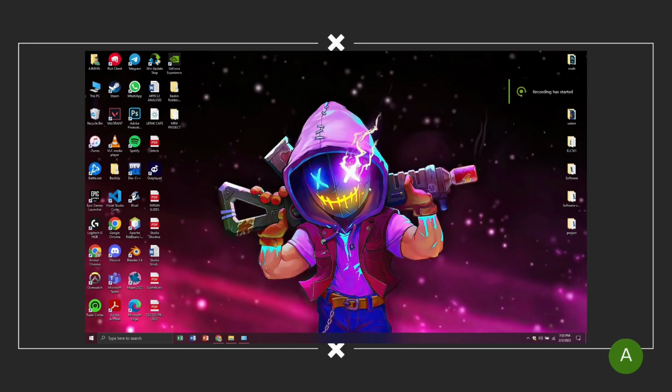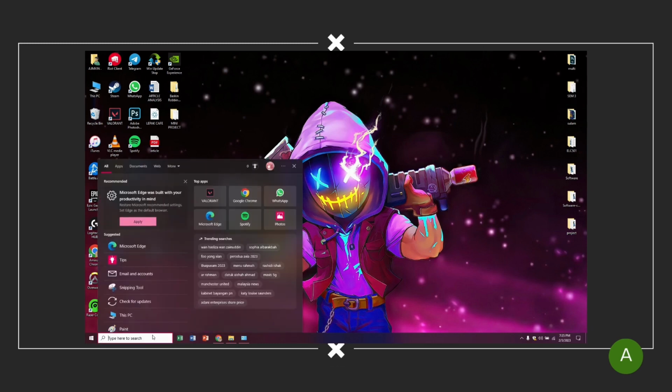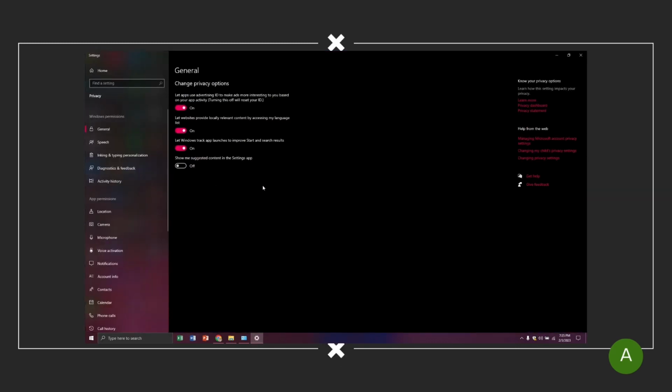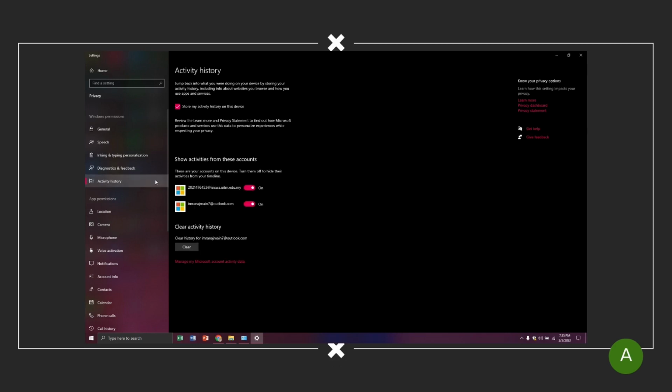So today I'm going to show you how to make my PC more secure in Windows 10. First, we must search for the privacy settings in the search box and click it. After clicking, we see the layout of the privacy settings, and on the left of the layout we can see the activity history. We click on the activity history,